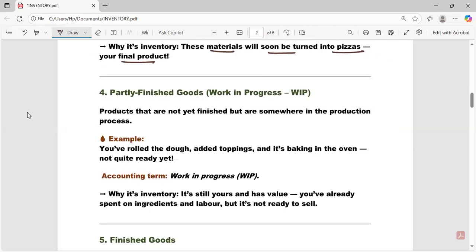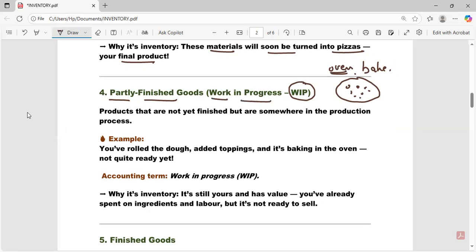Moving further, next is partly finished goods, which is work in progress. Now what has happened is that she has prepared the pizza and put all the toppings on it, and now she's setting it in an oven to bake it, right? So the pizza is getting baked. It is not yet ready. So I would say that it is work in progress because it is not yet a final product. That's why any work in progress is also our inventory,